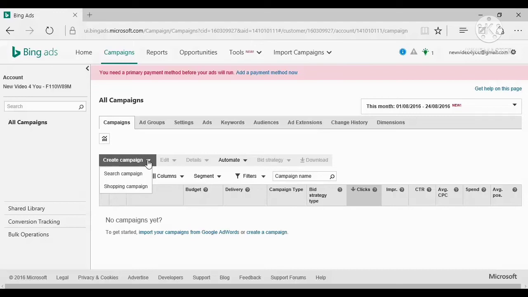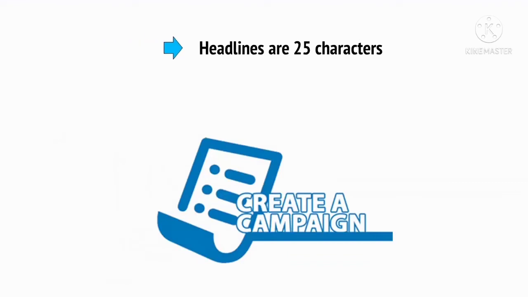For example, you want a mobile URL, etc. And all the way along, there are these little learn more question mark bubbles. If you click on those, it gives you a lot of information about how the whole site works. Headlines are 25 characters. Ad text is 71 characters.